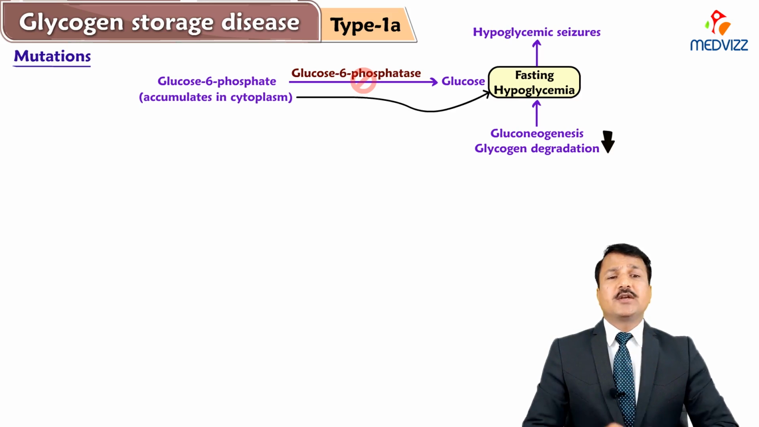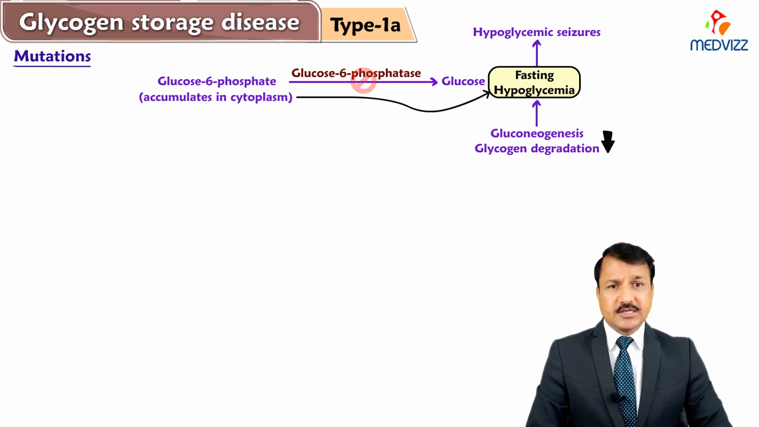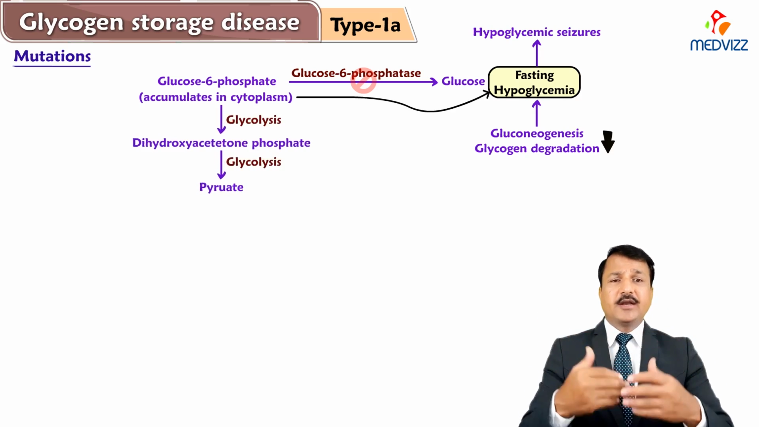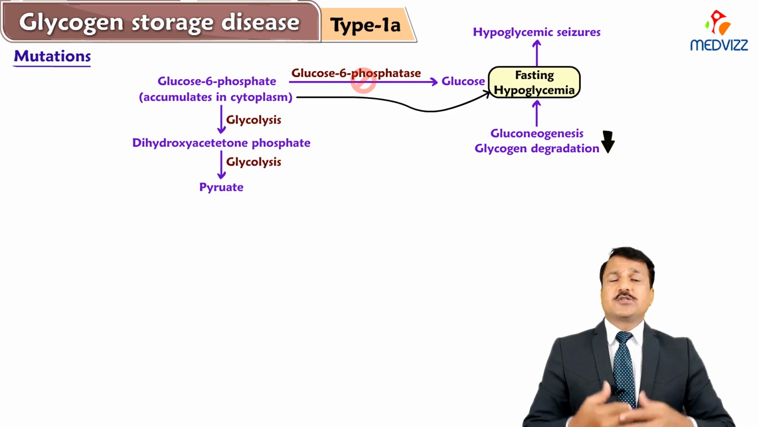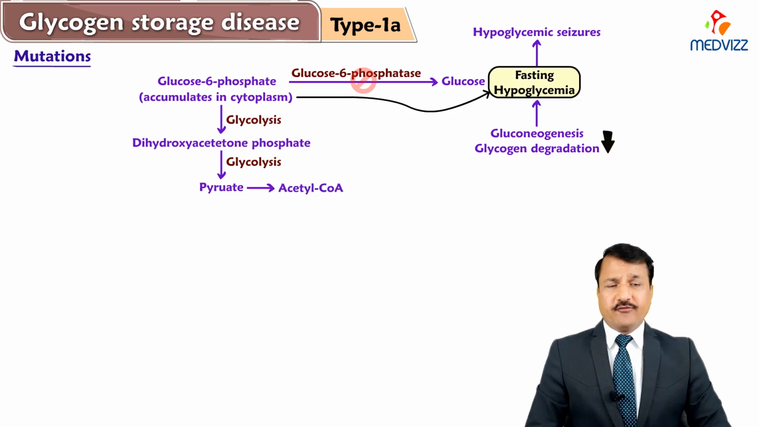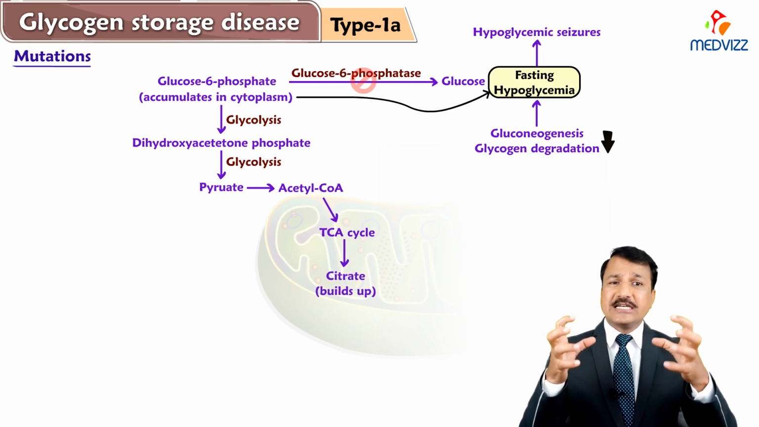Now this accumulated glucose 6-phosphate will be diverted into glycolysis in the cytoplasm, ultimately making pyruvate. An intermediate of glycolysis is dihydroxyacetone phosphate. Now what happens to the pyruvate? Pyruvate can go into acetyl-CoA formation, so the TCA cycle can go on initially, but when citrate builds up in